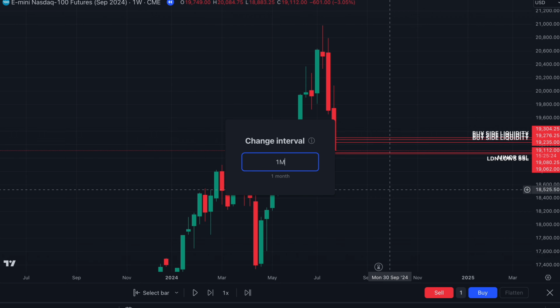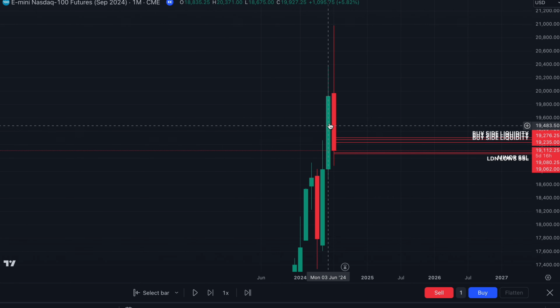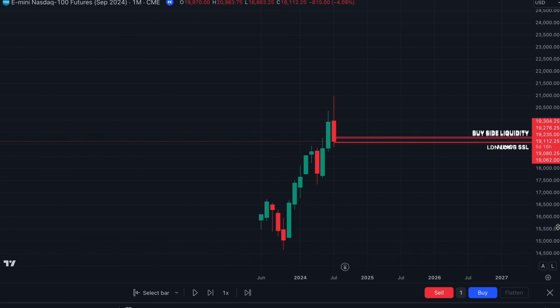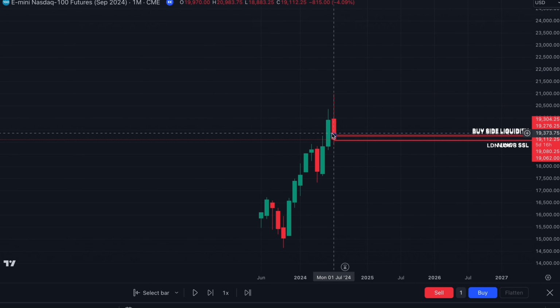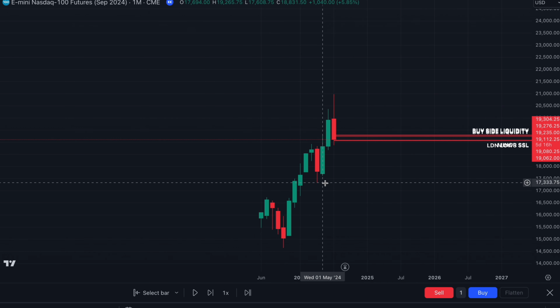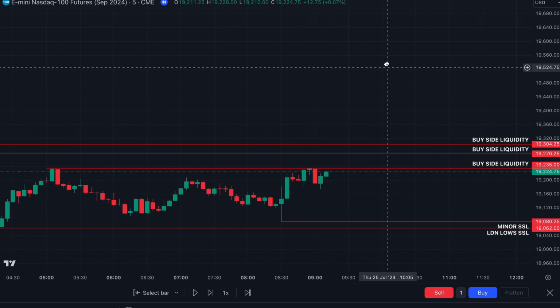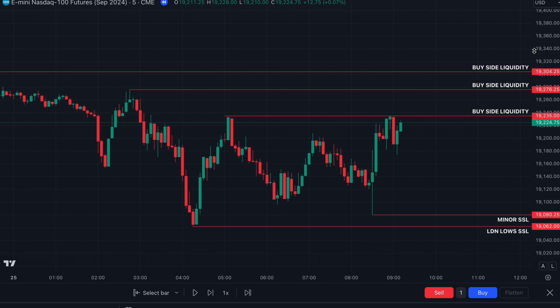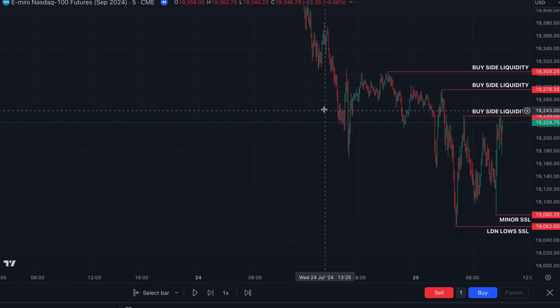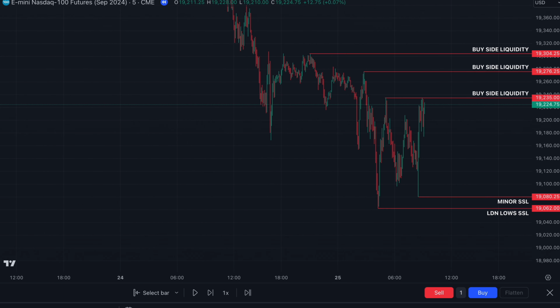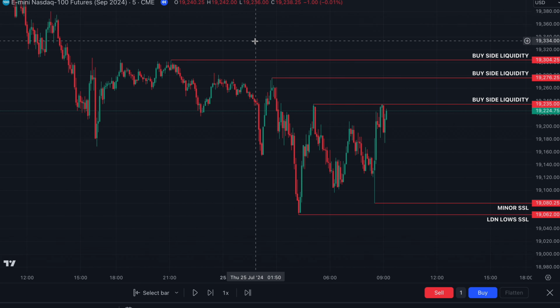And even on the monthly it's not looking good. This bullish gap's been completely engulfed, and it looks like price wants to reprice lower and take sell side at 17,333. Anyways, even though we're going into this session with a higher time frame bearish bias, you can still see that price is in a major discount. Because price is in a major discount but we have a higher time frame bearish bias, that leads me to have a neutral bias.